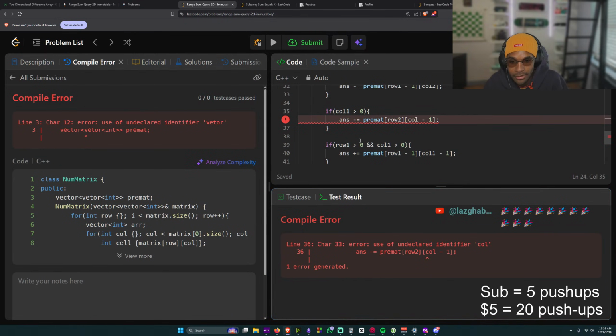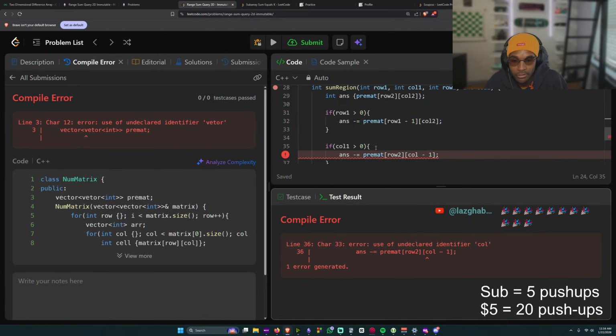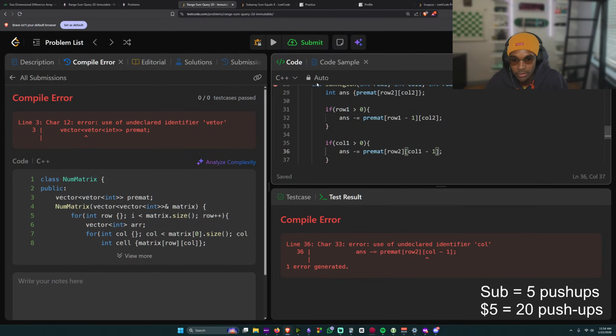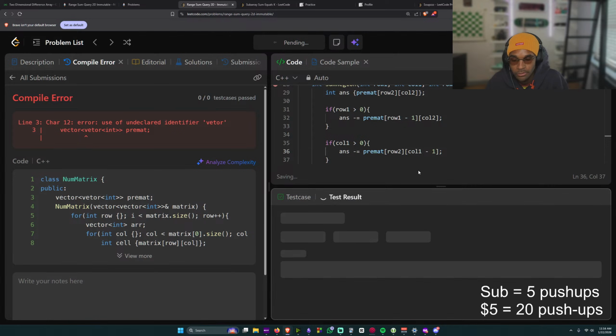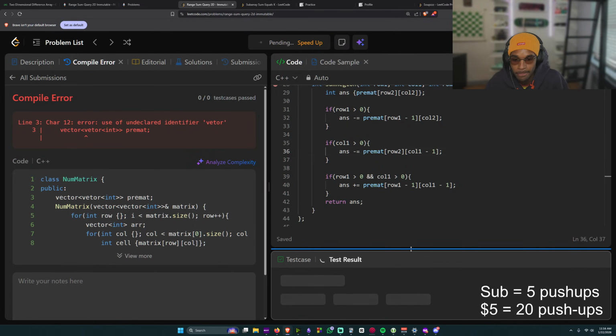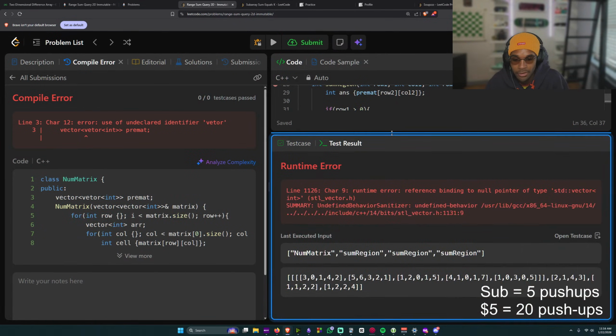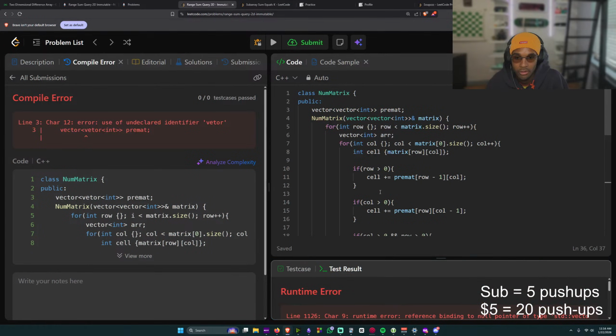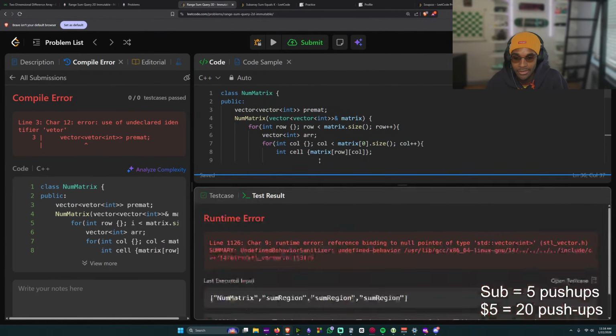Bro, what's wrong with this? Ans minus equals premat of. Oh, col. Little hiccup there. Bro, this is devastating.